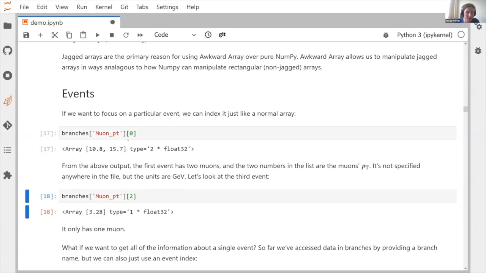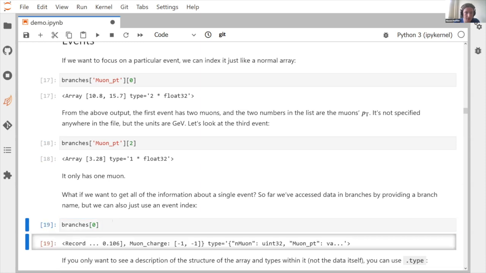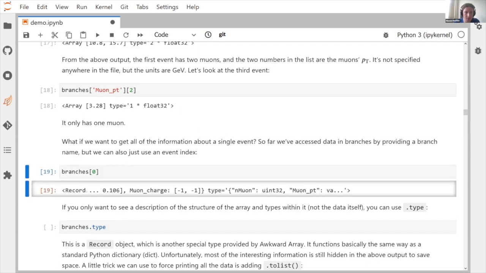And so I can look at any of these other events within this array. Like the third event here only has one muon. So that's one dimension that we can look at. You can also just look at all of the information about a single event if we're trying to understand what events look like. So instead of indexing by the branch name or accessing by the branch name, we can just go straight to an index like 0 here to look at the first event. And so this,